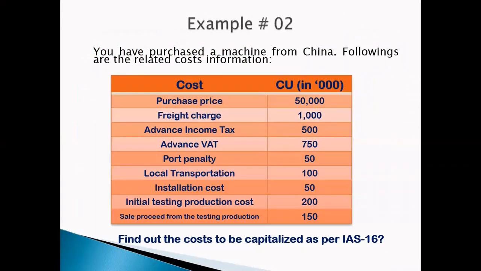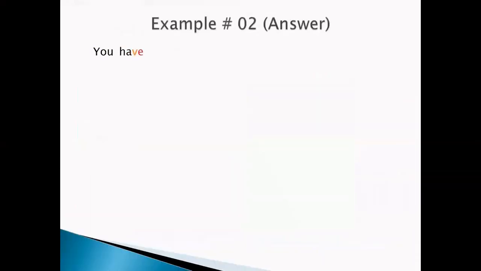Here is another very good example. You can see the many costs are listed here, and we will see which cost we should capitalize and which cost we should not. So purchase price, freight charge, advance income tax, advance VAT, port penalty, local transportation, installation cost, initial testing production cost. Testing production is like a production run, but it's for the test, and sale proceed from the testing production. And the answer is,